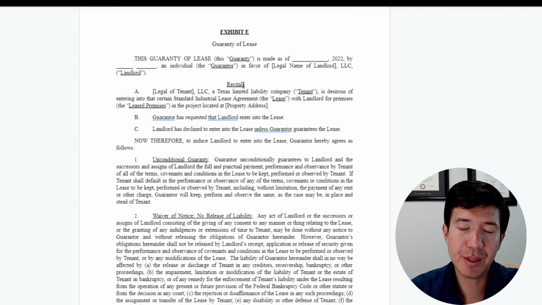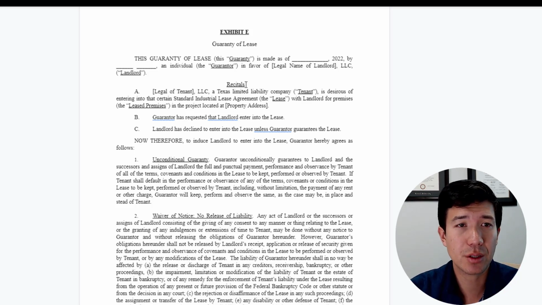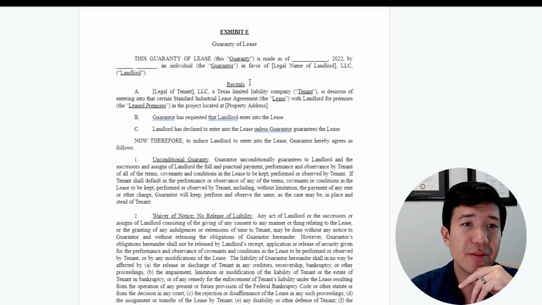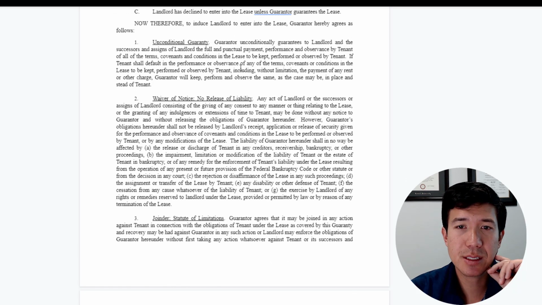Guarantee, this is what we talked about earlier. If there is going to be a personal guarantee or maybe a corporate guarantee on this lease, if you have a newer company or the parent doesn't have that strong of financials, you may issue a corporate or a personal guarantee in favor of the landlord. It's an unconditional guarantee. You can have some limits on this.